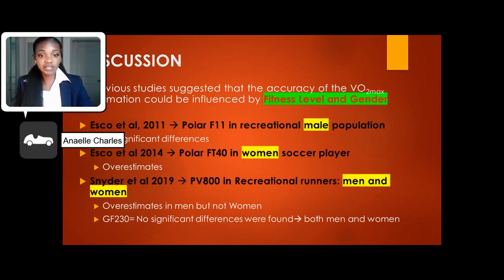Previous studies suggested that the accuracy of VO2 max estimation could be influenced by two factors, the fitness level and the gender. Esco 2011 examined Polar F11 in the recreational male population and no significant difference were found. However, in contrast, the study by Esco et al. 2014 that examined Polar FT40 in women soccer players reported an overestimation when compared to